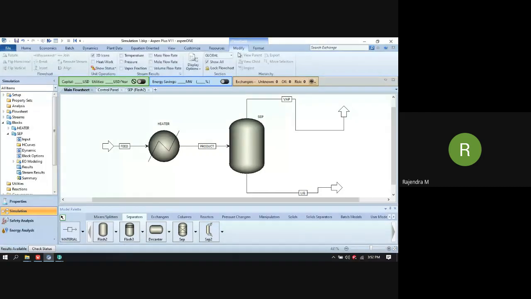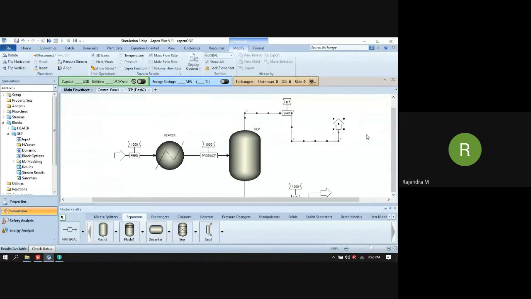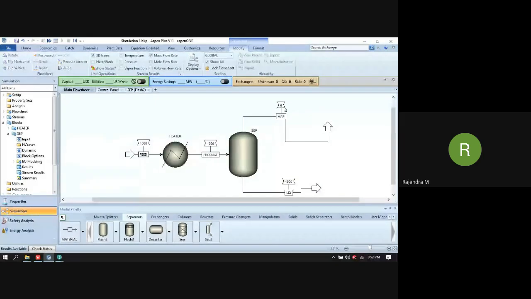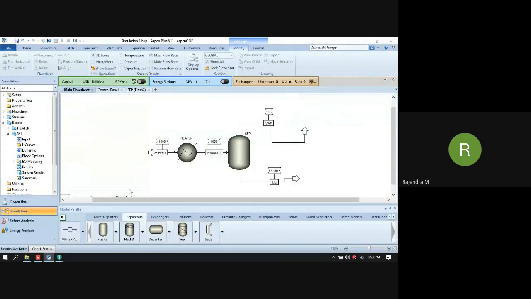If I look at the mass flow rate of the vapor stream, I can click on modify, and then on mass flow rate. As you can see, the vapor flow rate is 0 and the liquid flow rate is 1000 kg per hour.